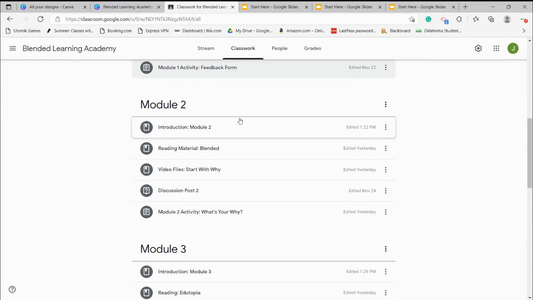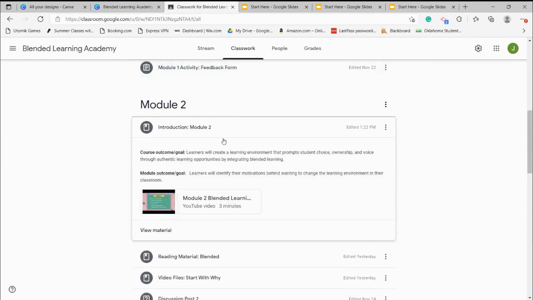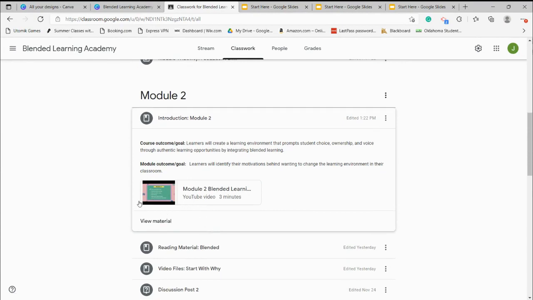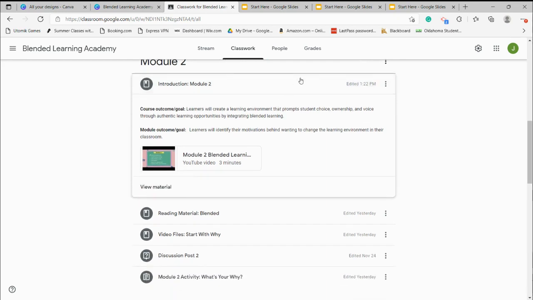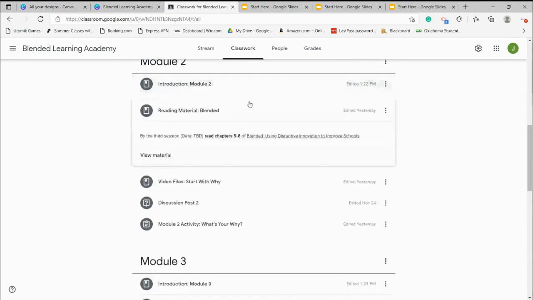That will lead them into Module 2, which will have another introduction video, and we'll talk about each of the things they need to do. And each introduction video does have a checklist that goes along with it, so they know what to do for that module. For Module 2, they will finish up the reading of the blended learning book, and then they have